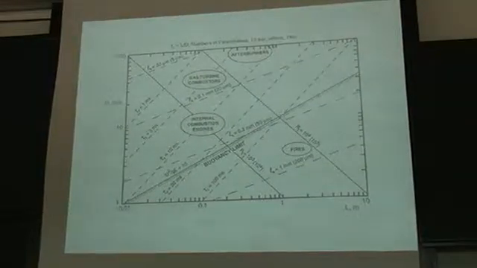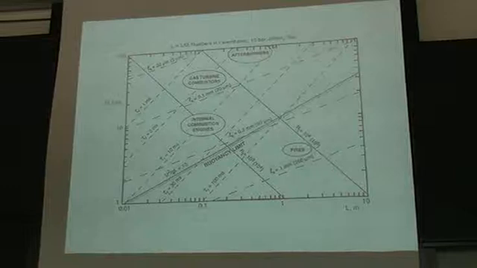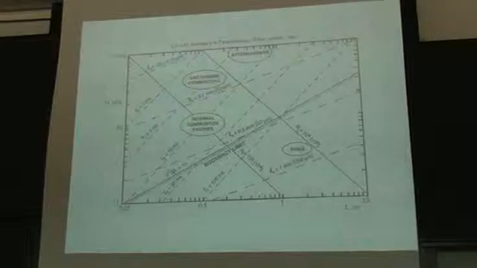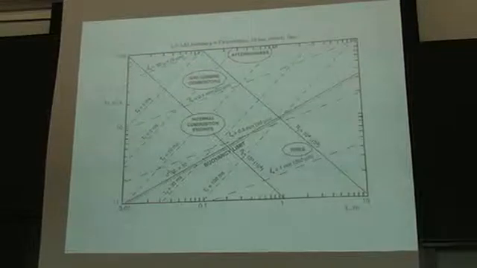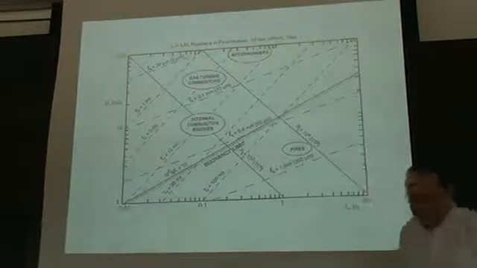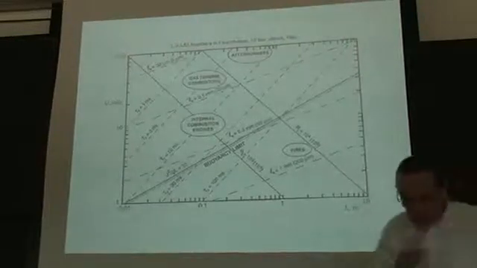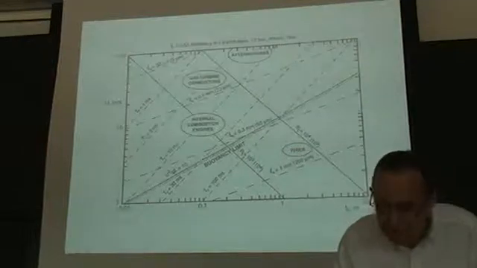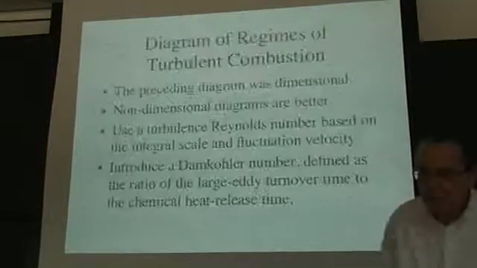who knows who wrote it down? Who wrote it first? Do you know? You should know. Bob Bilger. Ferrari could be. No, Bilger. This is from Bilger. This is a dimensional diagram that I got from Bob Bilger, and I like it. It's practical. It shows you where the different